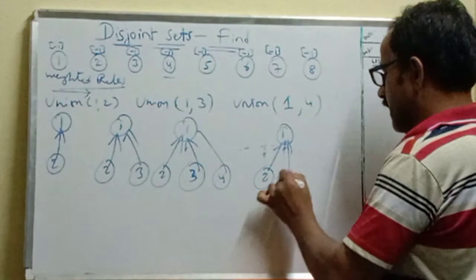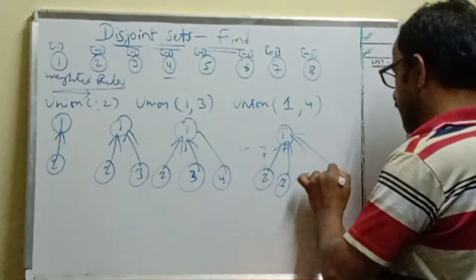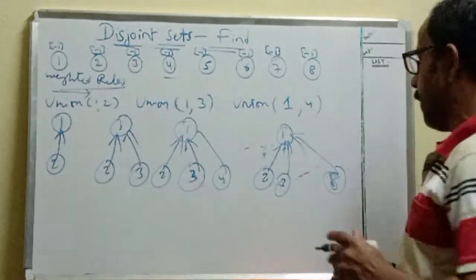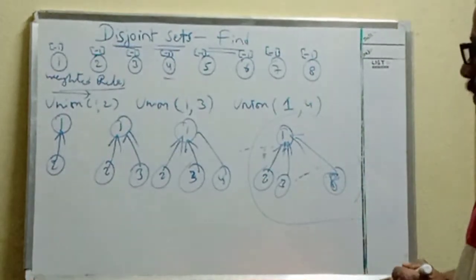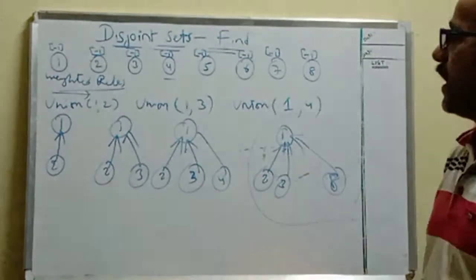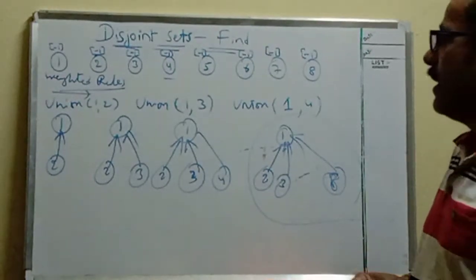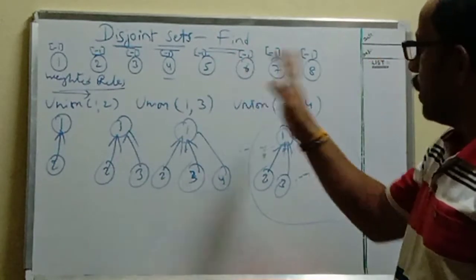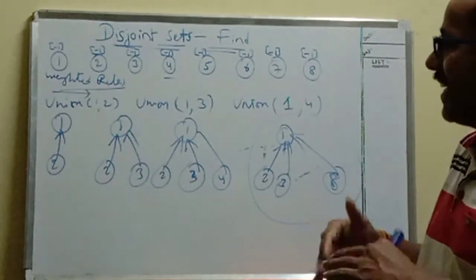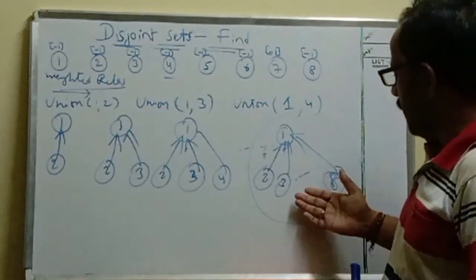Then we get the tree structure like this. So finally we get 8 like this. Okay? So finally we get the tree structure with 2 levels. So this is the best way of constructing union, or performing union, among all the tree structures, that too from left to right, considering all the nodes in the sequence without taking our own sequence. So this is the best case tree.